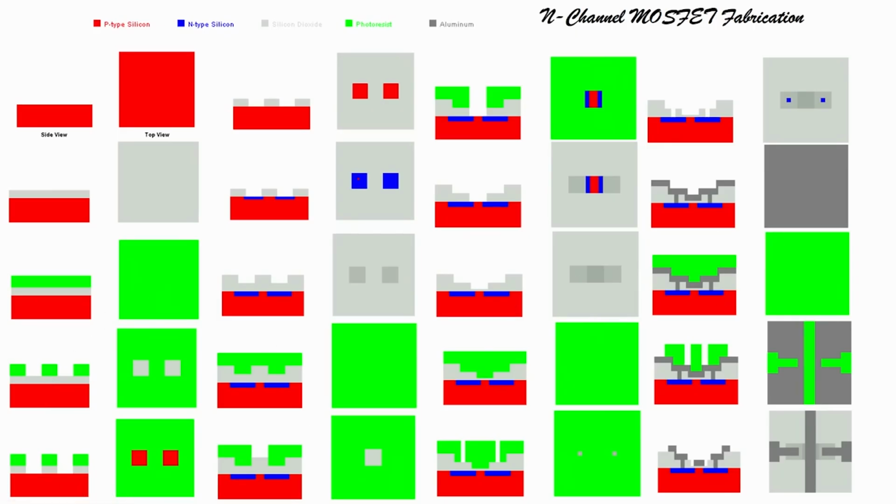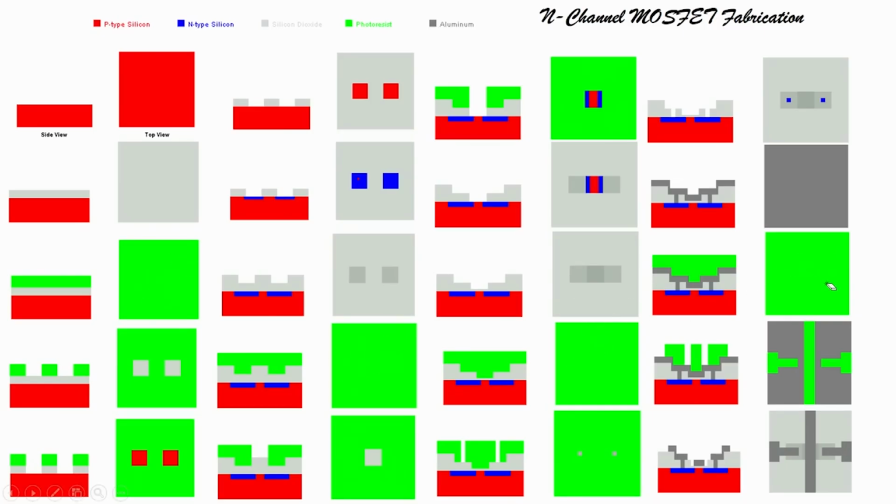A very easy way of understanding how many masks are used is just to understand that wherever spin coating of photoresist is done, you have to use a mask. This is because every time the pattern is different. That is why we are using 4 masks. For MOSFET, you can see very clearly 1, 2, 3, 4 masks. Okay. So, let us see